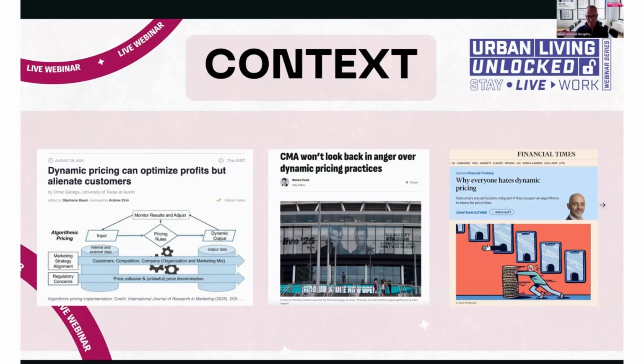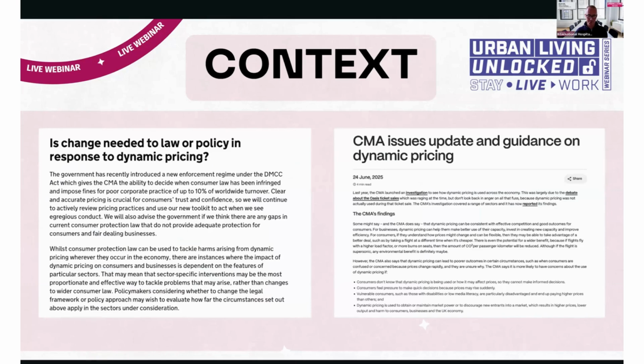The middle one I put in just because it's an appalling pun from City AM about the Oasis ticket price thing, which is when dynamic pricing hit the headlines most recently over prices for their comeback tour. And then there's an FT article, again, a pretty sensationalist headline there. Why everyone hates dynamic pricing. Consumers are particularly indignant if they suspect an algorithm is to blame for price hikes. So, you know, this is a sensitive topic and one which has to be given a lot of thought to get right. So if we go on to the next slide,